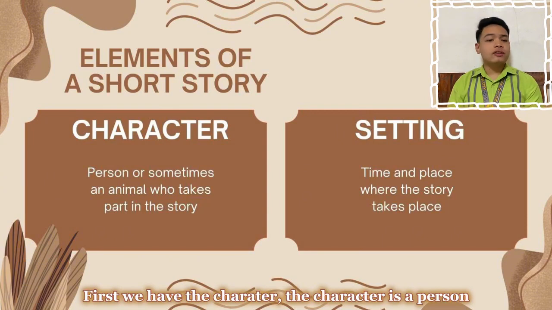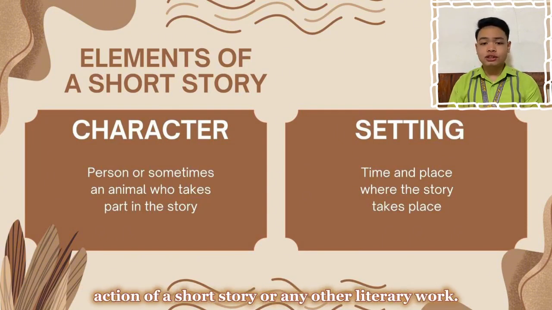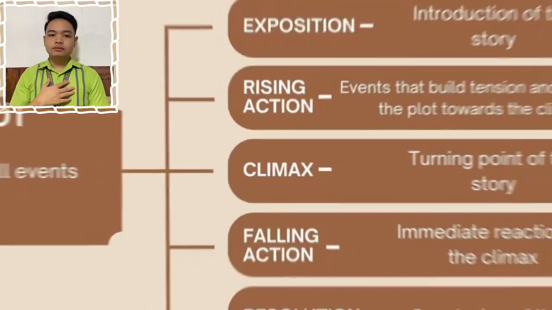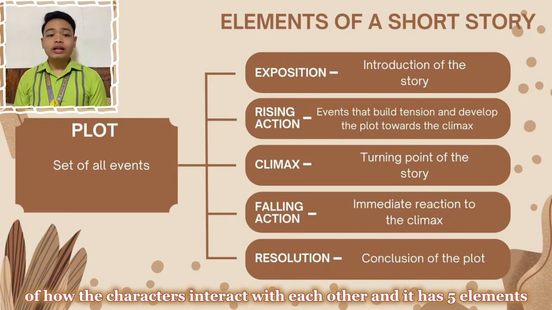The character is a person or sometimes an animal who takes part in the action of a short story or any other literary work. Next is the setting. It is the time and place where the story takes place. Another one is the plot. It is the set of events that come about because of how the characters interact with each other, and it